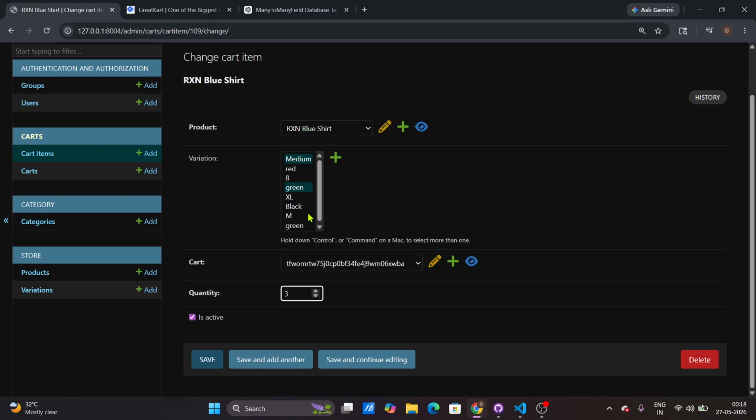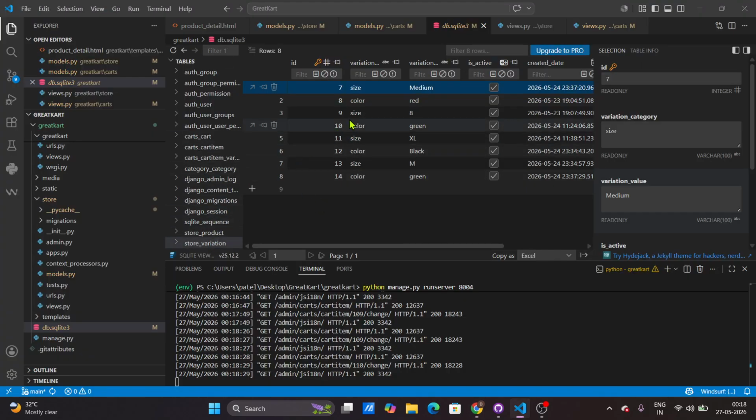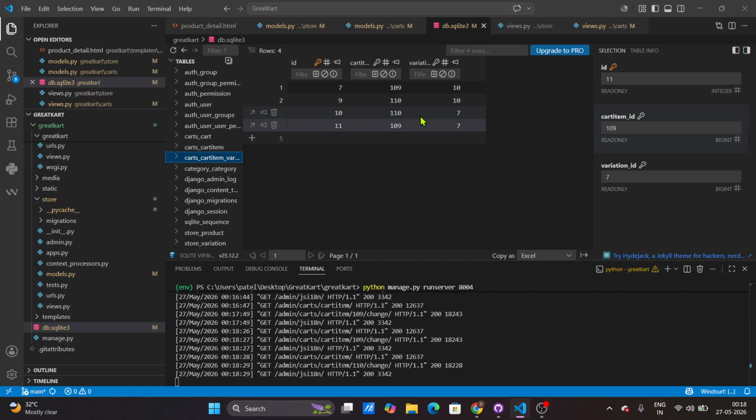Why? Because we have selected this green and medium. Also inside our cart we have selected green and medium, so it should also use the same variations, like 10 and 7. Let's go to the variation table, cart item variations table. So here you can see 109 cart item is also using 10 and 7, and 110 cart item is also using this 10 and 7,